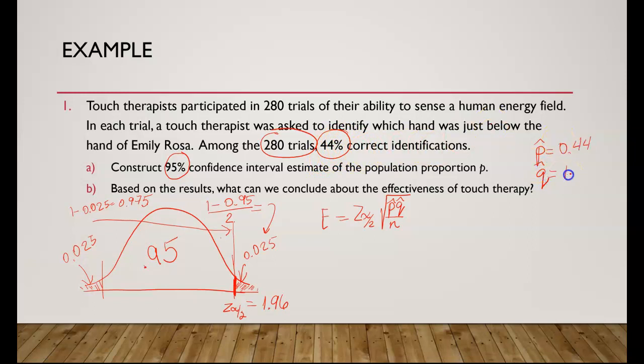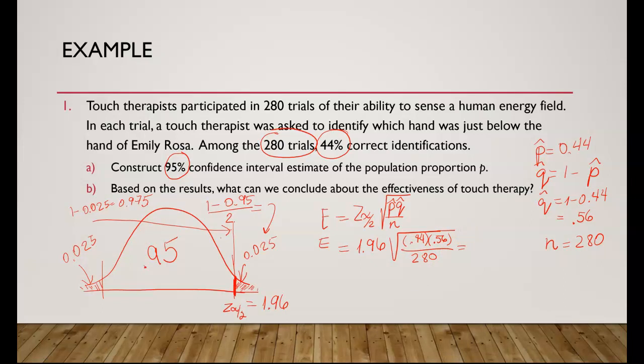Q hat is 1 minus p hat, is 1 minus 0.44, 0.56, and n, total number of trials, is 280. Now that we have all the values, we can substitute them in the formula. Z of alpha over 2 is 1.96 times the square root of 0.44 times 0.56 divided by n, 280, equals,